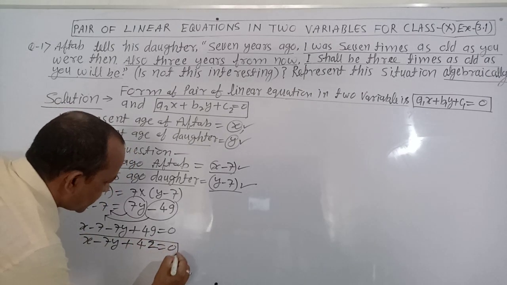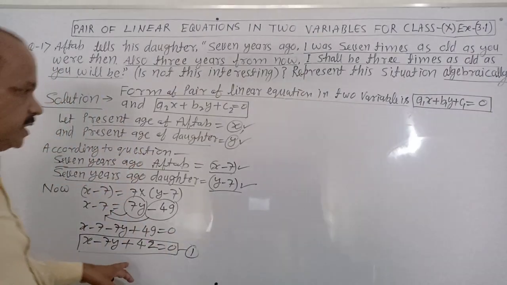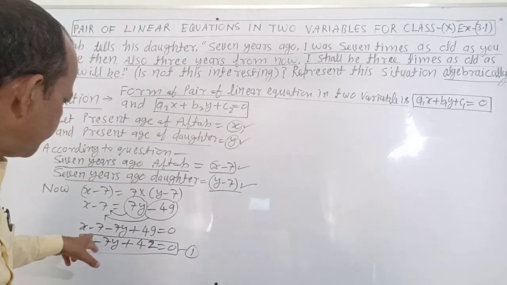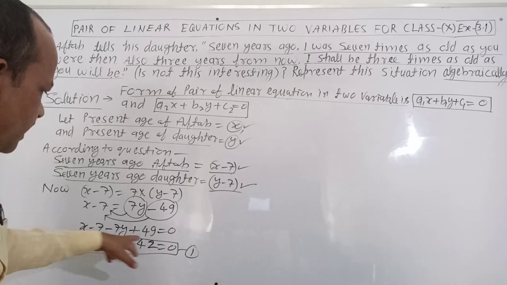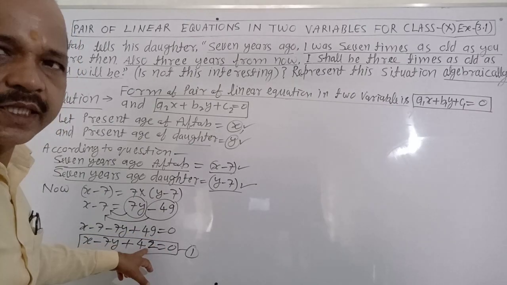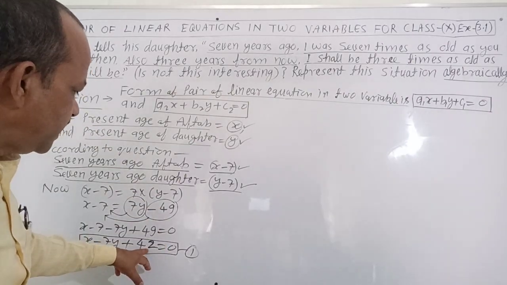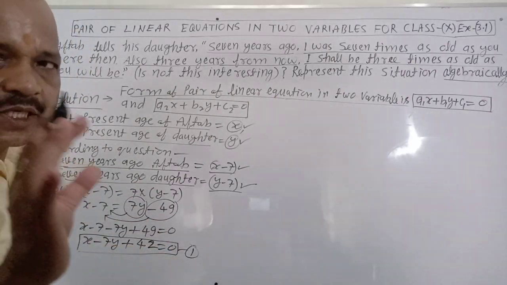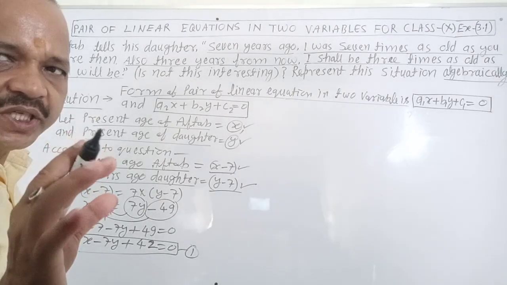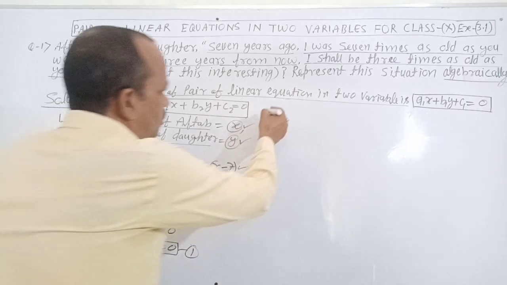It is equation first. Here minus 7, here plus 49, it becomes plus 42. It is clear? The first equation is x minus 7y plus 42 equal to 0. It is clear? No confusion about it? Very good. It is very easy. Now,